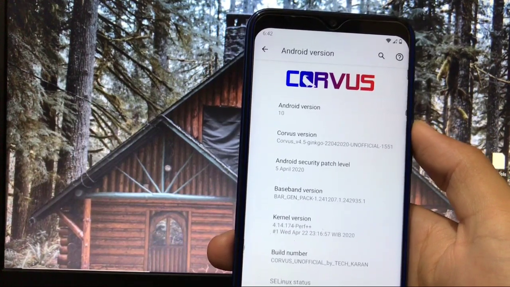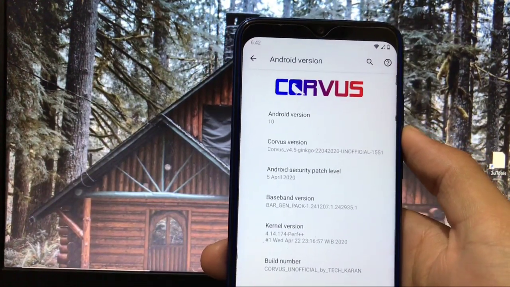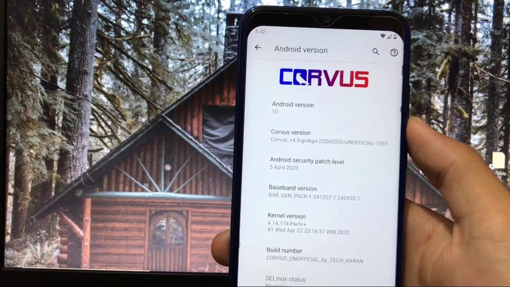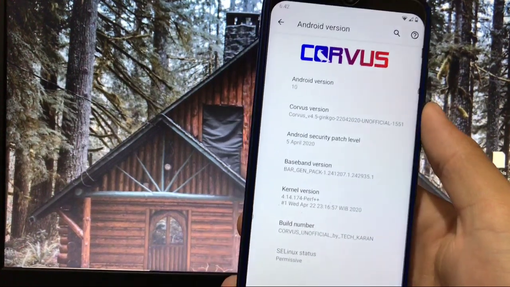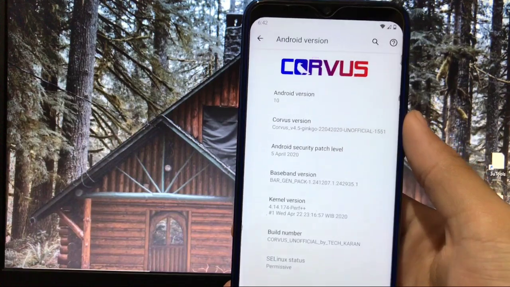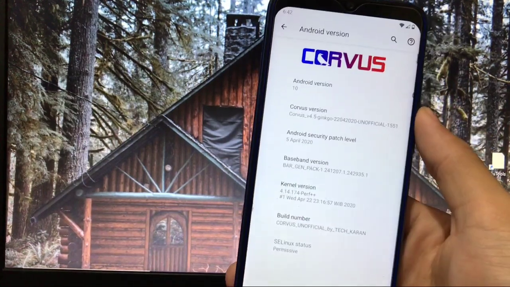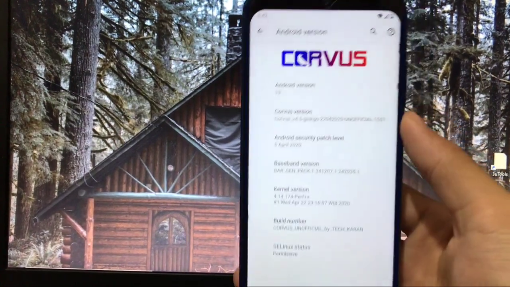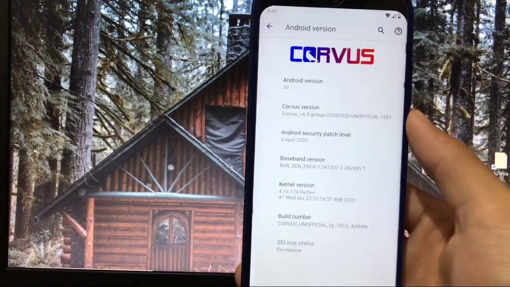If you want to try out the official build, you can try out that one too. There is no necessity, there is no recommendation. Whichever you want to try out, you can try out. That's your own choice. I'm just going to review this build to tell you what things I have added, and if you like this build you can install it. So let's get started and let's check out what you get in this unofficial build.